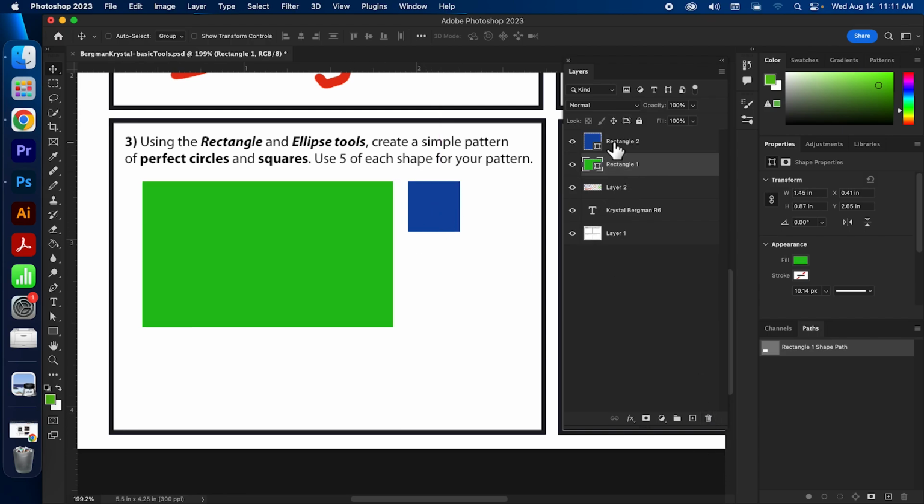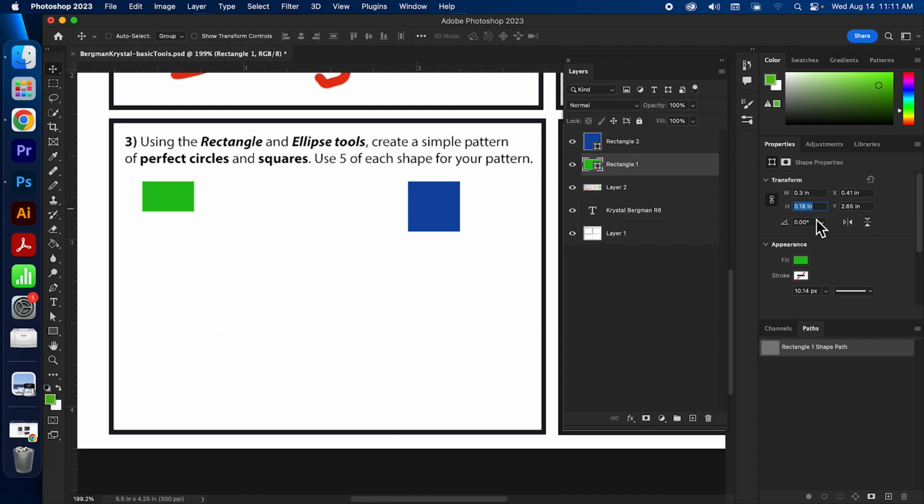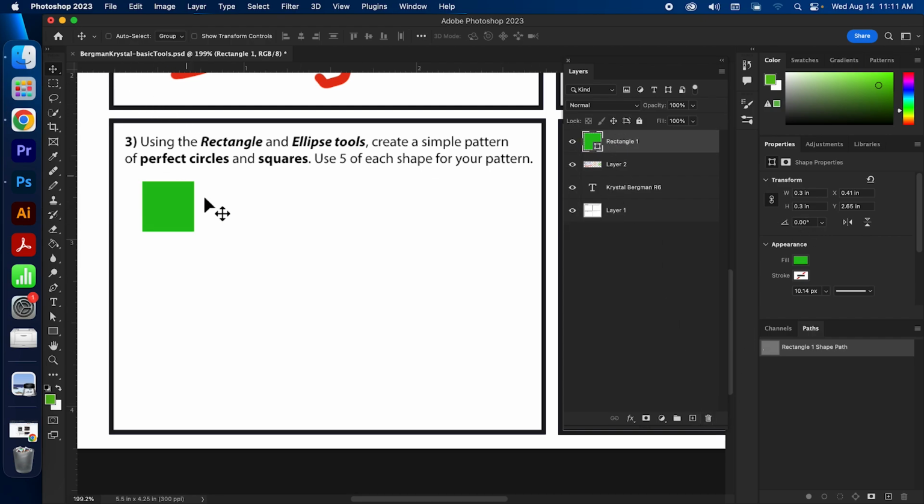Let's go ahead and make this a square real quick. Nope, that's a rectangle. There we go. All right, I'm gonna delete rectangle 2 here because I wanna show you another way you can create a perfect square. If you're moving fast,